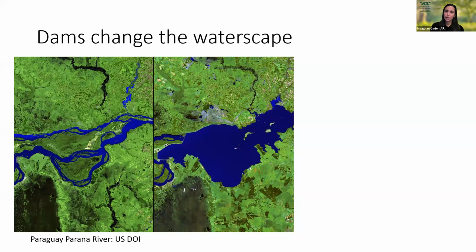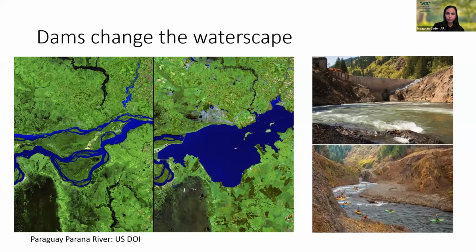This is the Parana River in Paraguay. And this is the natural flow. And then you can see that there was a dam that was constructed right here on the western portion of this satellite image. And it's completely changing the landscape. So we're getting floodplains where there didn't used to be floodplains, and it's completely altering the way the landscape is traditionally. This is an image that's actually a dam removal.